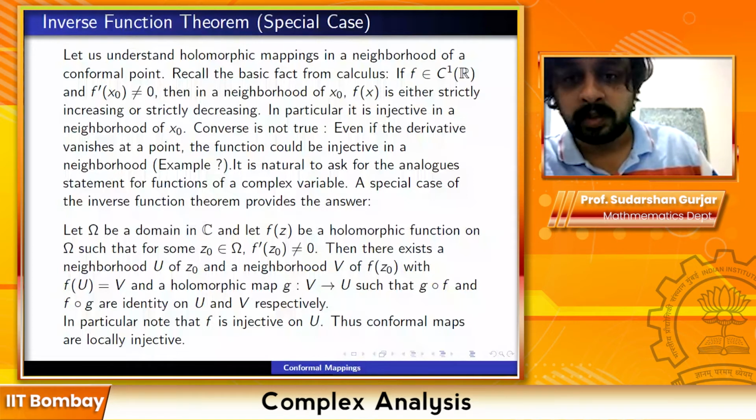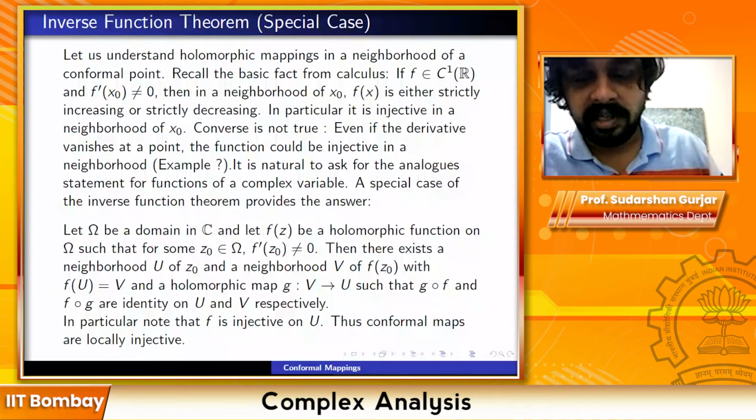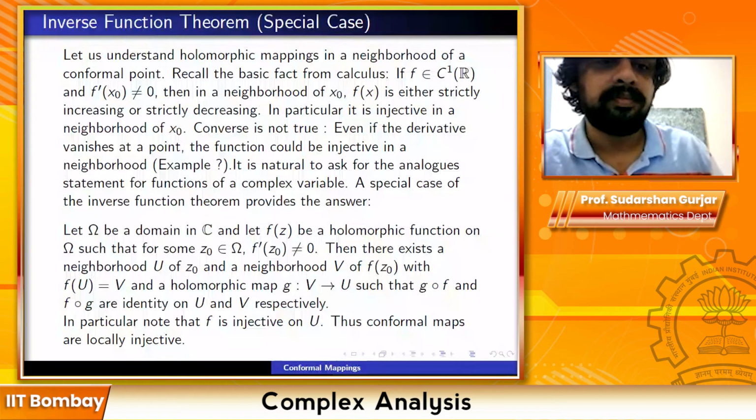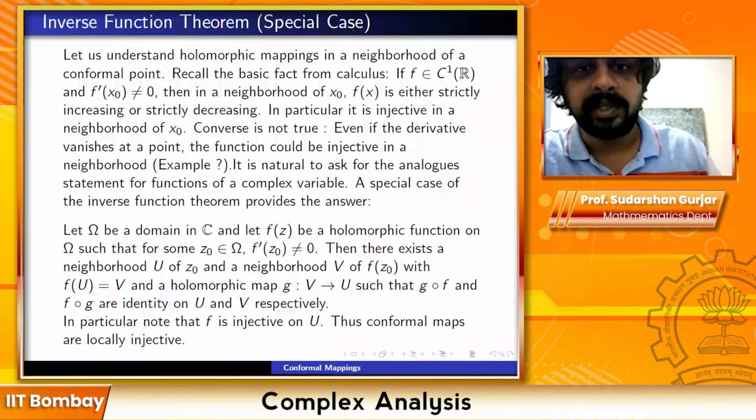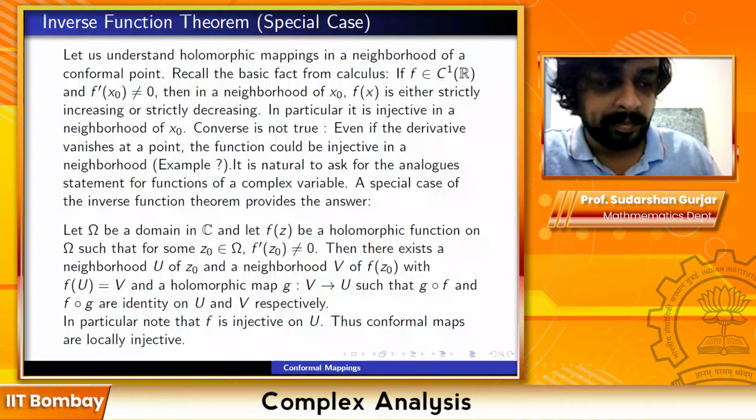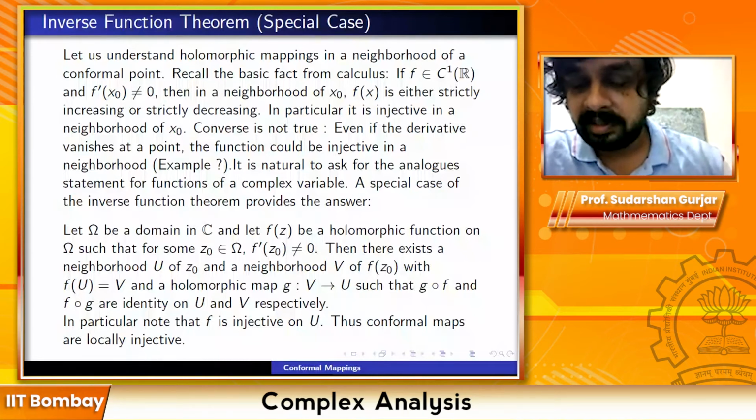Such a function is given by x1, x2 to xn going to f1, f2 up to fn, n functions in n variables each. The right replacement for the derivative now is the Jacobian matrix. If the Jacobian matrix at a point is invertible, then locally the function is invertible. This is the inverse function theorem in higher dimensions, a theorem which belongs to multivariable calculus. For example, suppose I have R2 to R2, x comma y goes to u of x y comma v of x y.